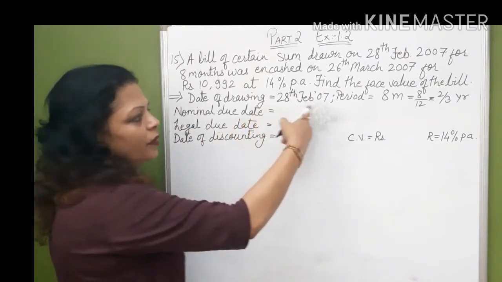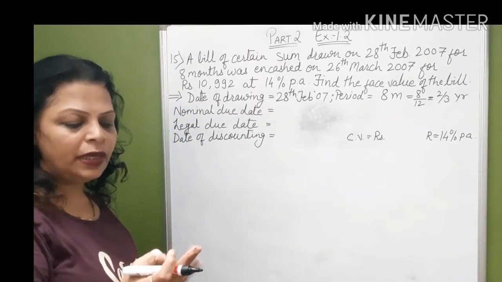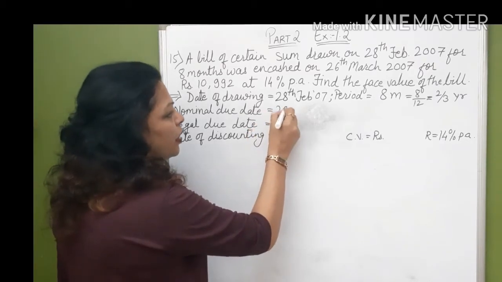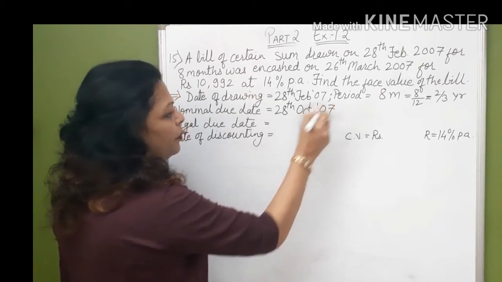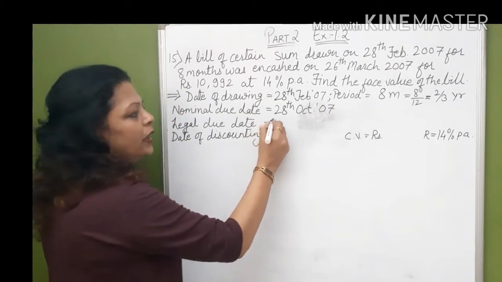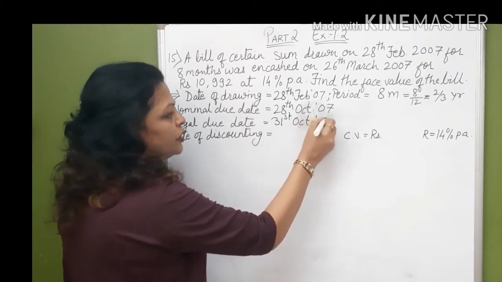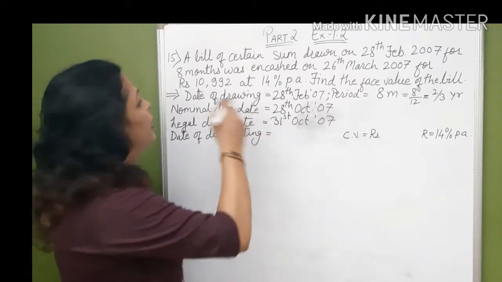The nominal due date will be 8 months after 28th February. So March, April, May, June, July, August, September, October. So 28th October 2007 will be your nominal due date and 31st October 2007 will be your legal due date. Correct? Then for